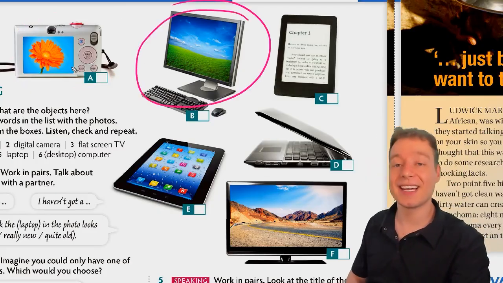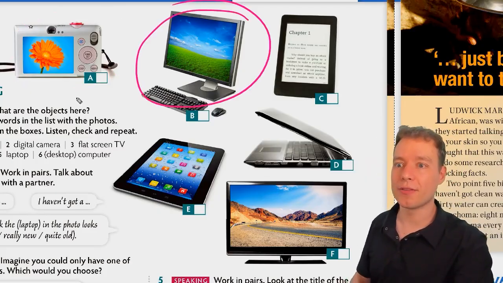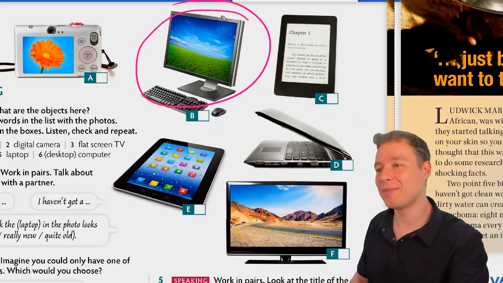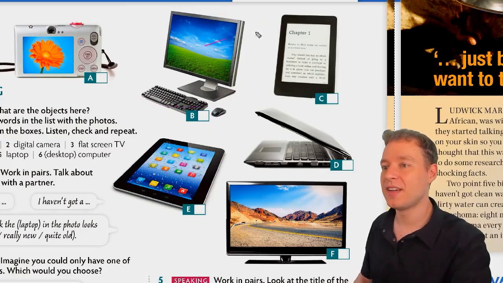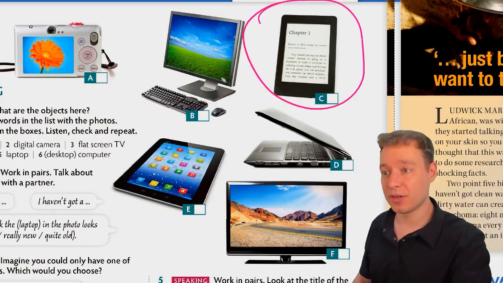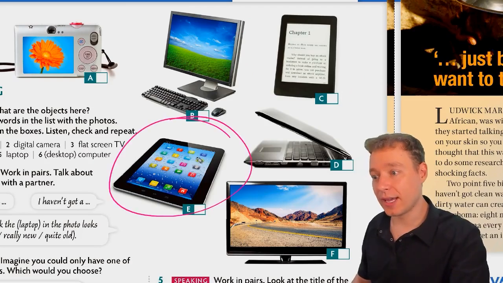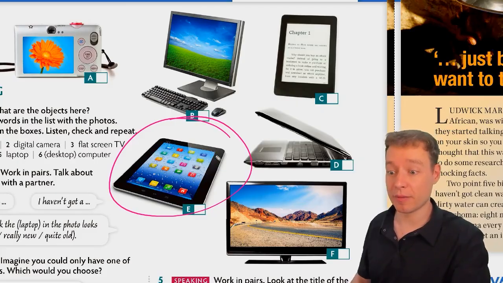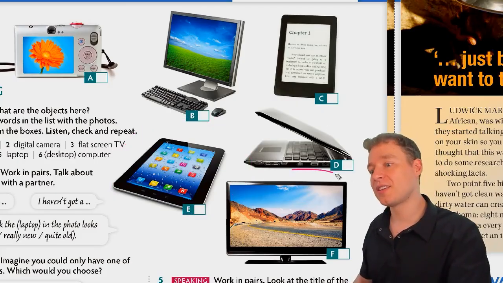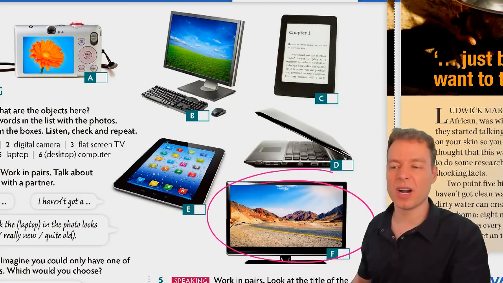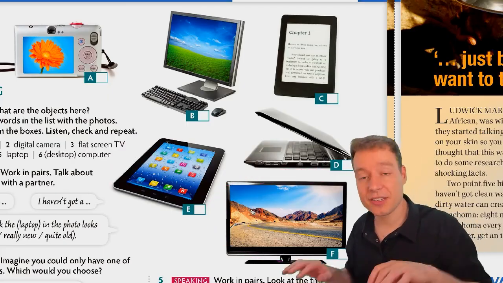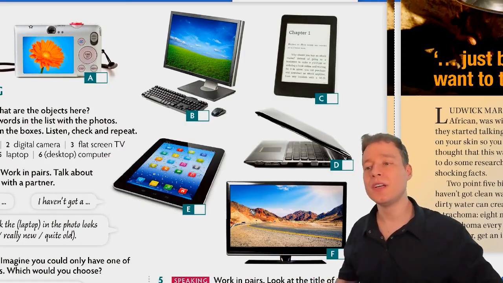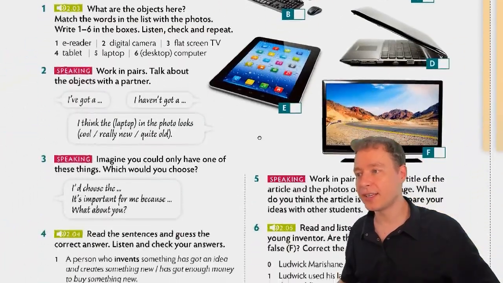Desktop computers. I like desktop computers because they are powerful. Laptop computers can't play games. I like to play games, so I like desktop computers. E-readers are fun if you like reading books. Tablets are fun if you like doing things that you can do on a phone, but on a bigger phone. And of course, TVs are okay. I never watch TV. If I want to watch TV, I just go on the internet and I search for what I want to watch. What about you? Do you watch TV or do you watch the internet?